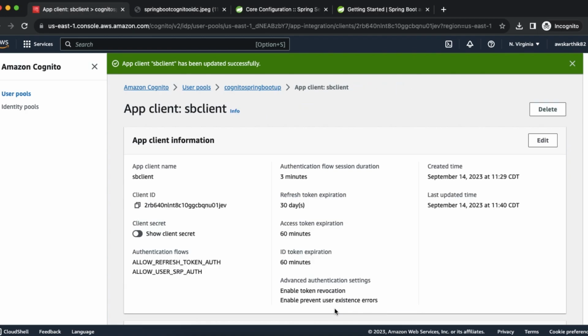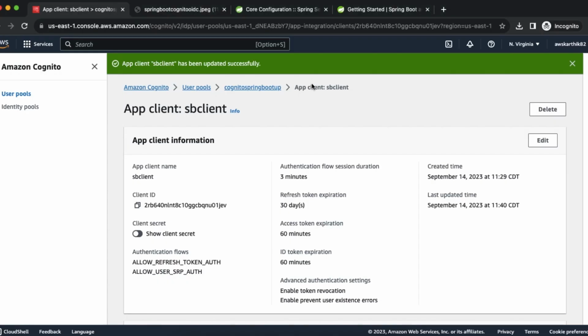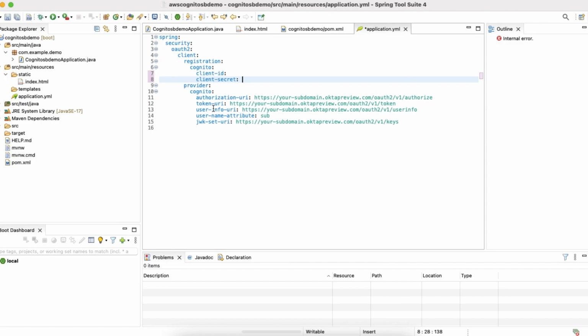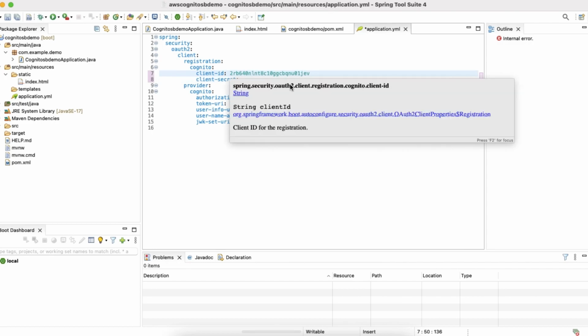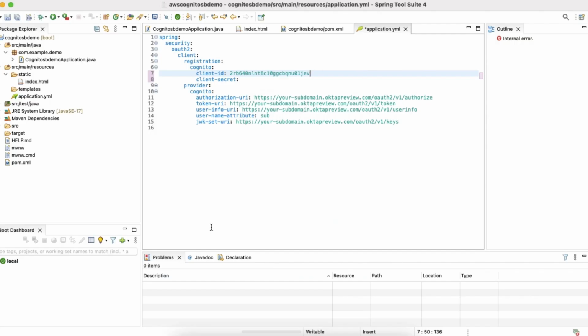and save the changes. Now come back to this application.yaml and replace this client ID and client secret with whatever we see here in the Cognito app client configuration. Show client secret, copy it and paste it here. And now we need to update all these URLs